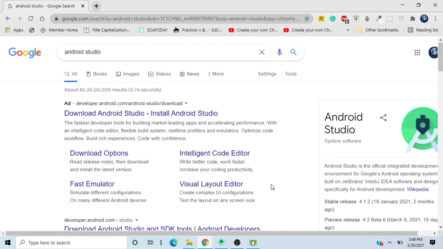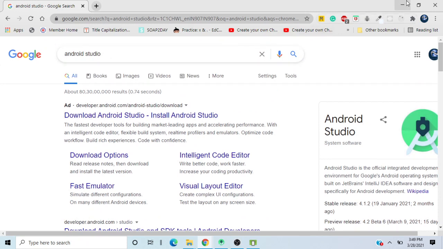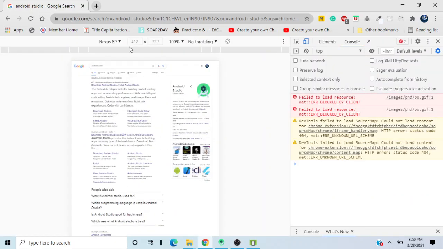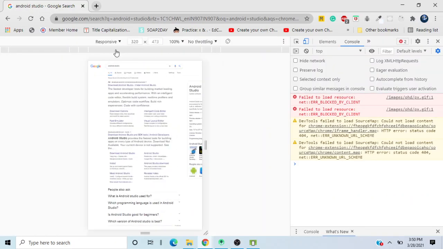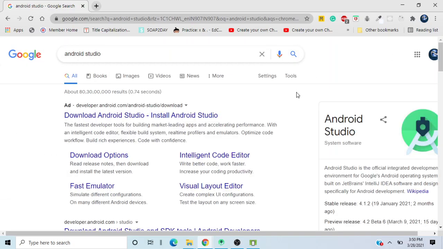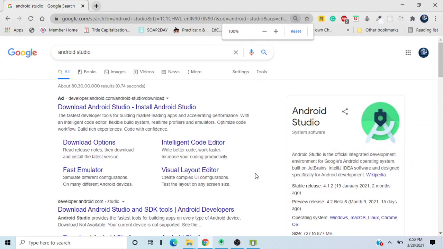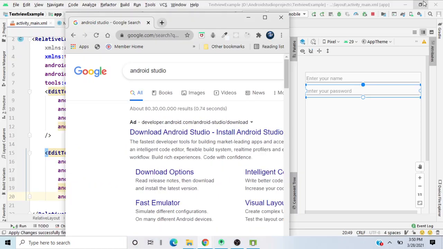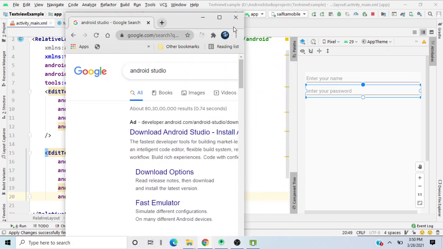So as you can see over here, this is the website. Now if I press Control Shift and I, I can choose anything over here. I can choose this responsive. I'll show you what is responsive. Okay, here you are seeing this thing, right? So now let me just make this 100. Now if I press the small button when I decrease this, so as you can see over